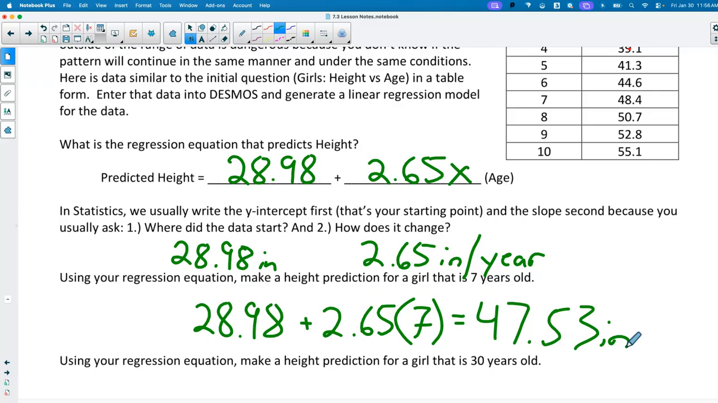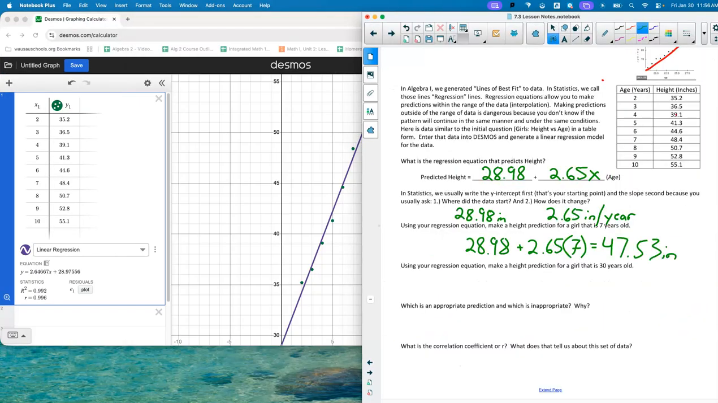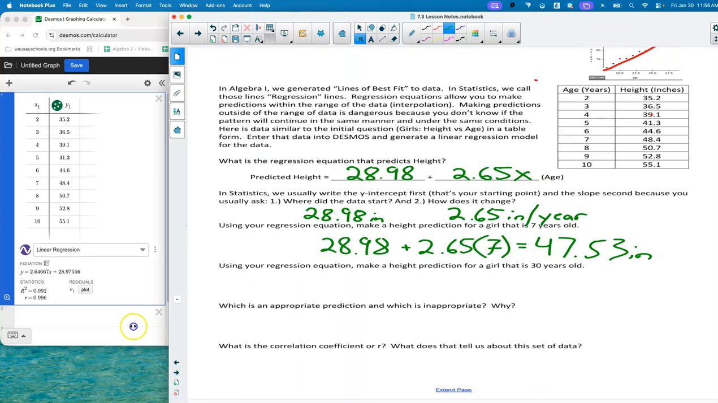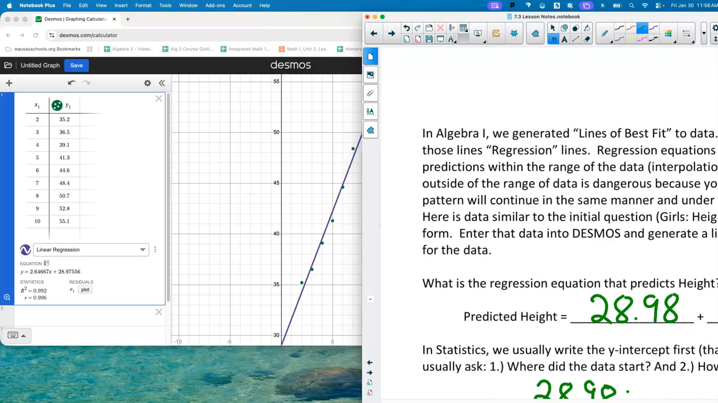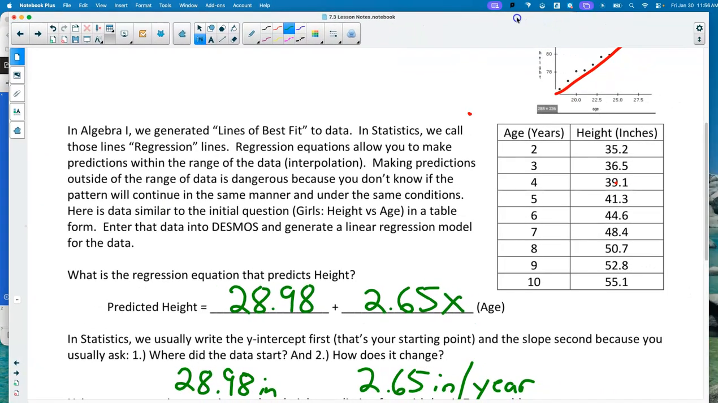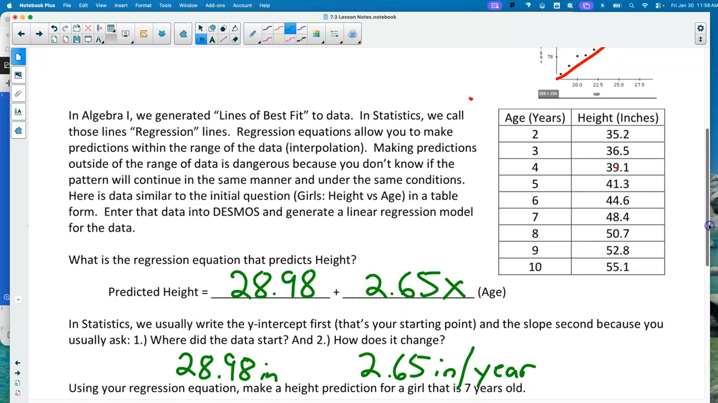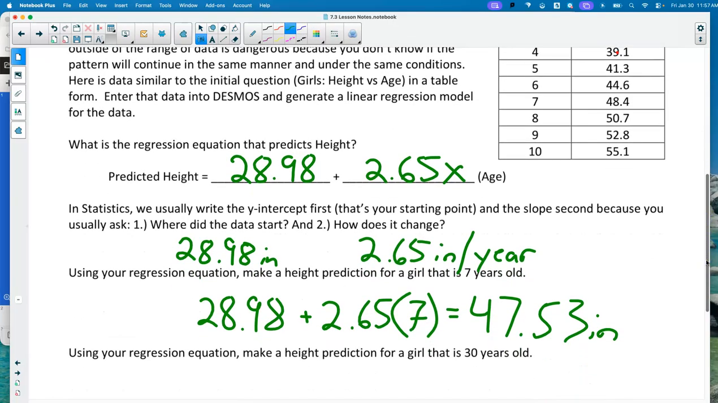So I'm going to look at this, and 7 years old, I look, oh my gosh, never felt so old in my life. If I look at my data table, they collected data for a 7-year-old to be 48 inches tall. My answer of 47 point whatever it was seems relatively close and reasonable,